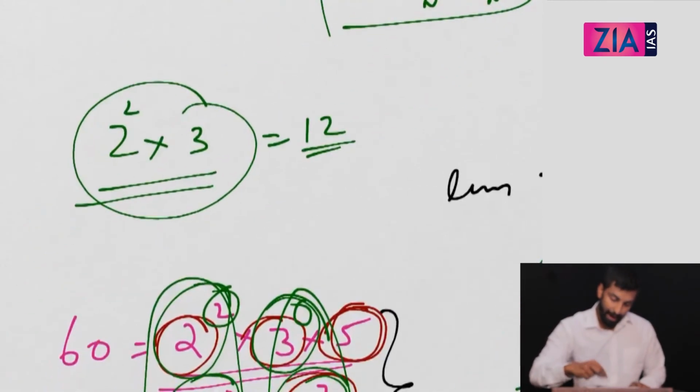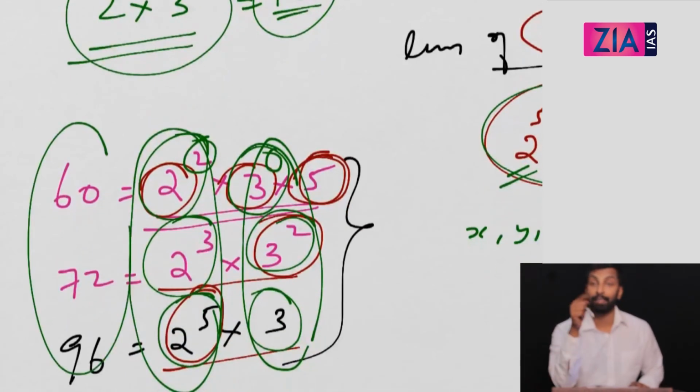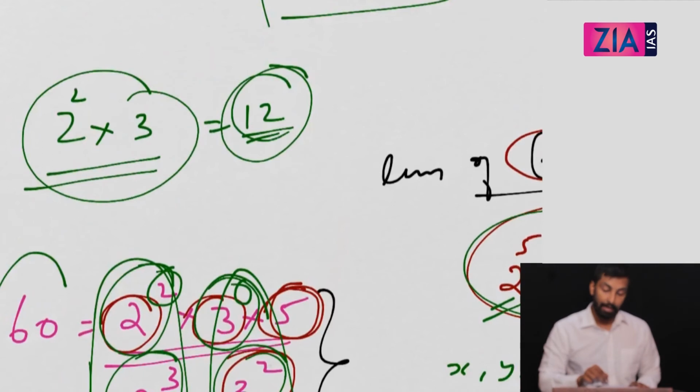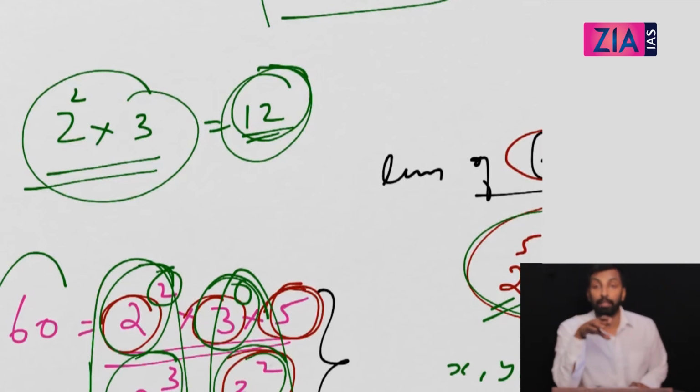See, if I can divide these numbers with 12, I can also divide these numbers with the factors of 12. That means 6, 4, 2, 1, etc. For that matter, all the numbers are divisible by 1. But why 12? 12 is the highest number. More than this, I can't get any number with which you can divide all the 3 numbers. Less than that, I can get numbers. 6 is possible, 4 is possible, 3 is possible, 1 is possible, 2 is possible, because all these are factors of 12. But if you take any number more than 12, like 24 or 48, it is not possible.